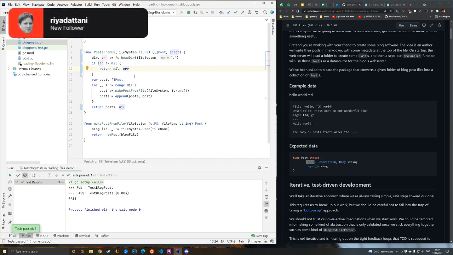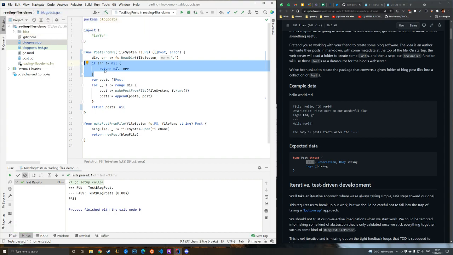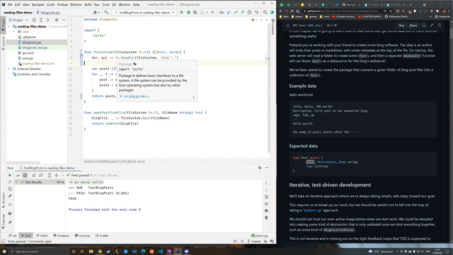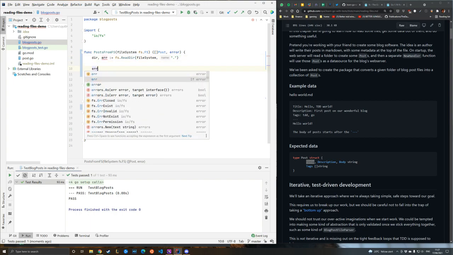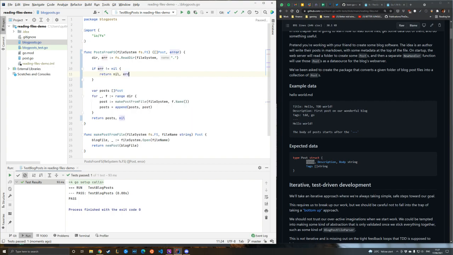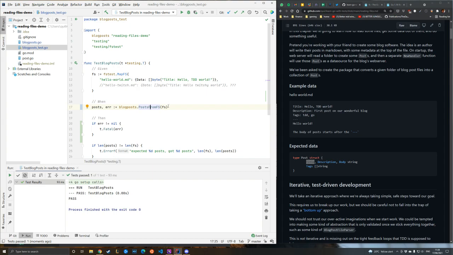Now you could argue that I haven't tested this particular line of code. If I remove this, our tests still pass, because at the moment we've got a file system that always works. It's always a bit of a judgment call. But for me, if I'm not doing anything interesting with the error, I don't really want to worry about testing it. I just think it's unnecessary overhead. If we're doing something interesting with the error, then sure, let's start testing it. And to be clear, our approach makes it very easy to test. So actually, for the sake of argument,